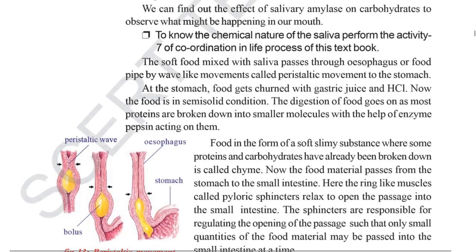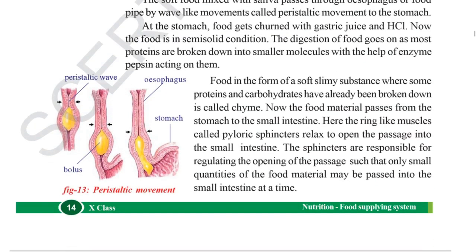The digestion of food goes on as most proteins are broken down into smaller molecules with the help of the enzyme pepsin acting on them. So first we have seen in the mouth itself carbohydrates are broken down. Now in the stomach the proteins are broken down with the help of an enzyme called pepsin. Now we have a stomach. From the stomach it has to enter into the small intestine. The first part, or the proximal part, of the small intestine is called the duodenum. Only a small amount of food at a time passes into the small intestine by the sphincter muscles or the pyloric muscles,